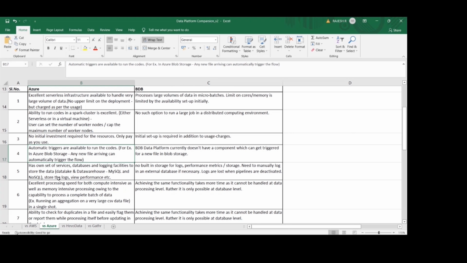And yeah. Next up, again, with respect to processing speed, it's very similar to what I just mentioned previously with AWS as well. If we have an operation, the same example, the operation to drop duplicates, we'll only be able to do it at database level because of the micro batch architecture. Next,